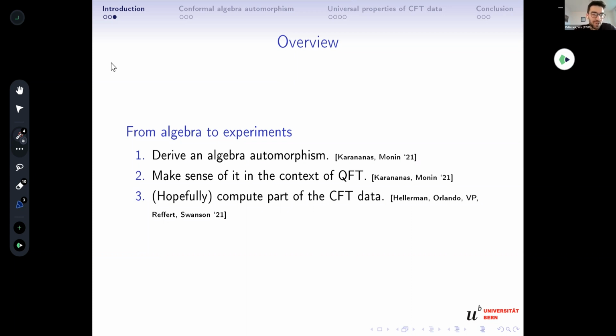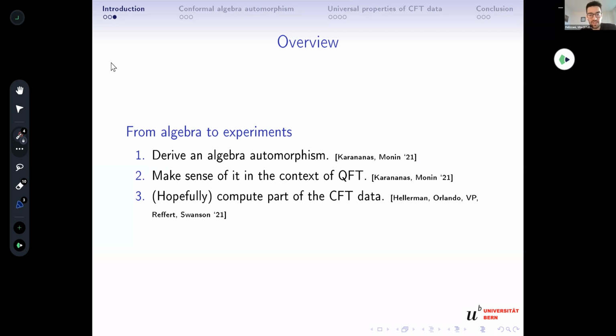But as you can guess, I wouldn't be talking about this if it was not useful. So I will first review this notion of algebra automorphism, and then try to make sense of it in the context of quantum field theories. How do they act on quantum fields, and what are the consequences? And then hopefully, if I have time, I'll try to tell you how to extract some knowledge about the conformal dimensions in a very broad sense,